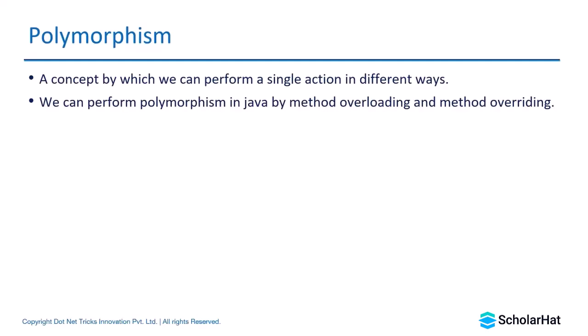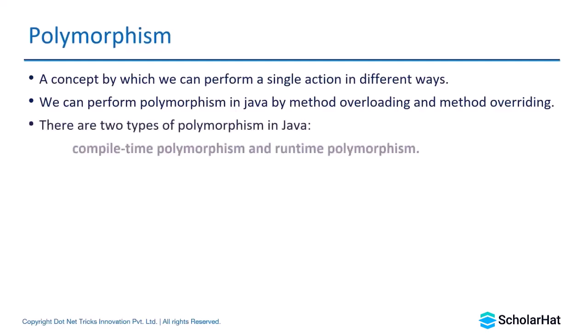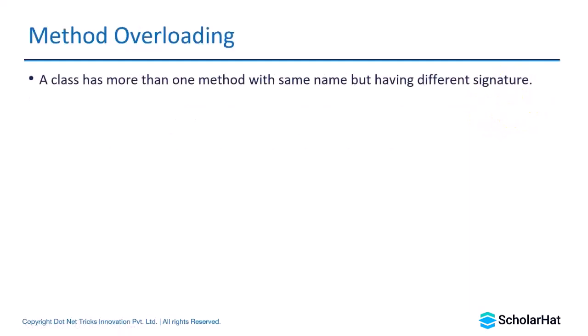We also call it compile time polymorphism and runtime polymorphism. There are two types of polymorphism, as I'm telling you. Compile time polymorphism can be achieved with method overloading, and runtime polymorphism can be achieved with method overriding. Basically, these concepts are to be implemented for real-time case studies which belong to real-time entities and